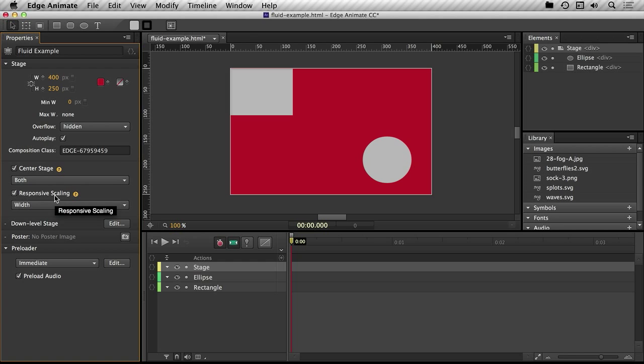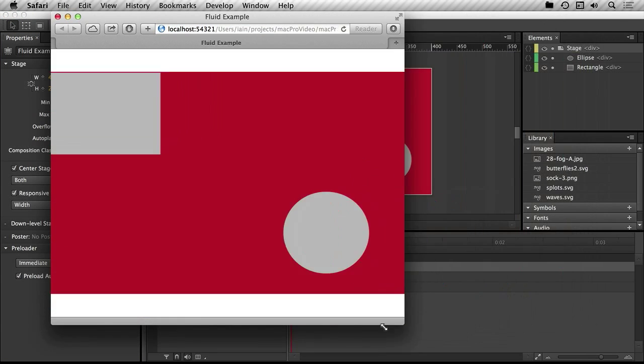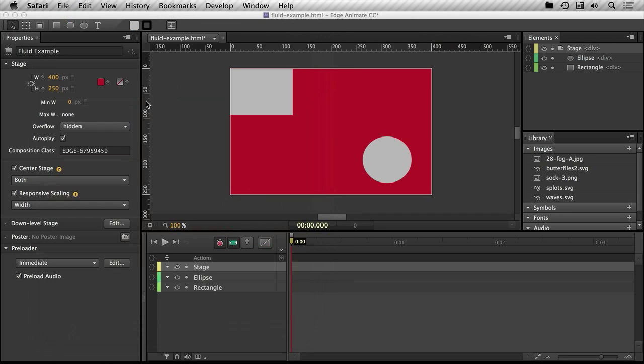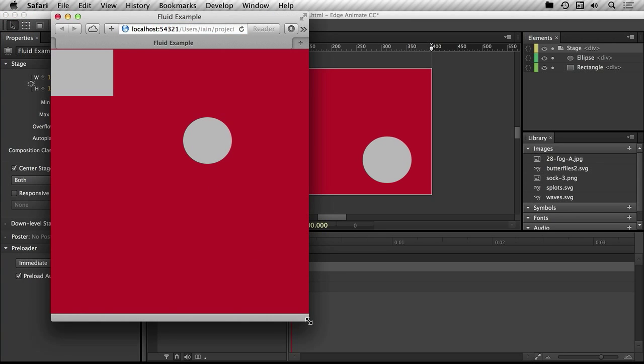In the last video, we looked at how responsive scaling would scale everything up to fit the window, but wouldn't let you design to actually fill that window in an effective and clear way. So let's do that in this video. If we disable responsive scaling and re-enable 100% for width and height, we saw last time that it didn't actually